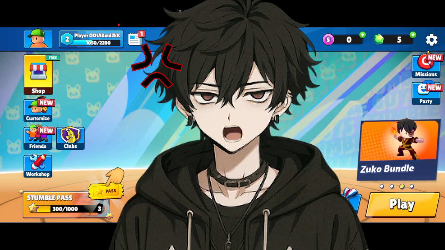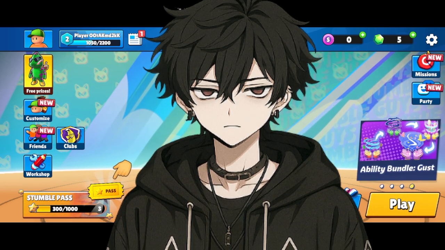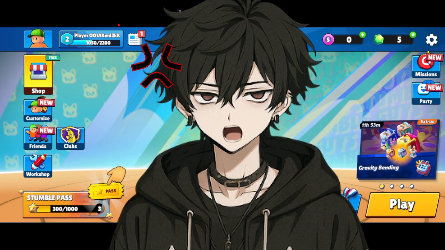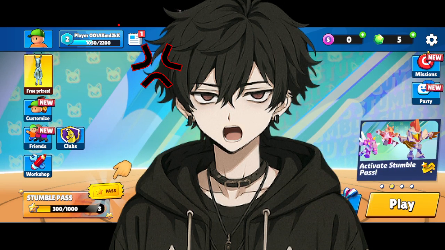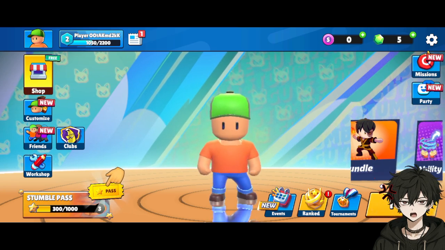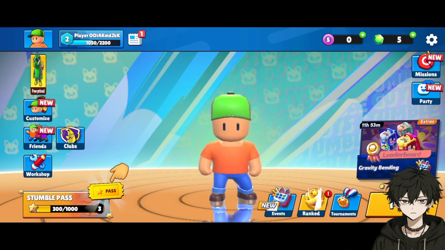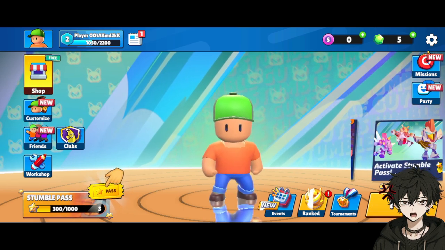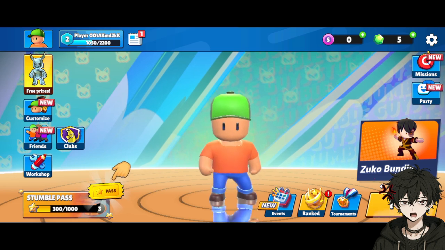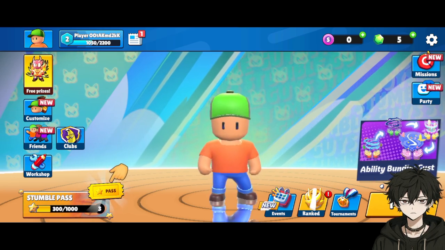So today I'm gonna show you how to turn off in-game and push notifications inside Stumble Guys. So first of all, you need to log in to your Stumble Guys account and be sure your internet is fully connected to your Wi-Fi. After that, you need to click on the settings icon on the top right corner, click on the settings icon,